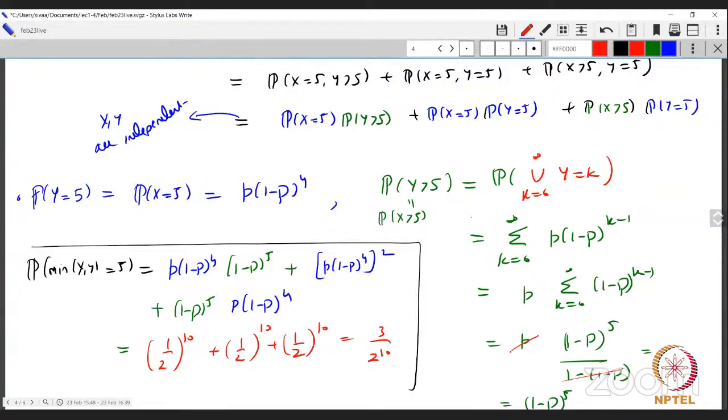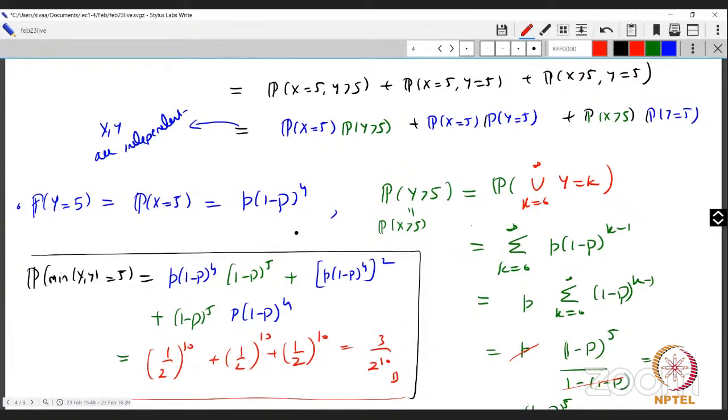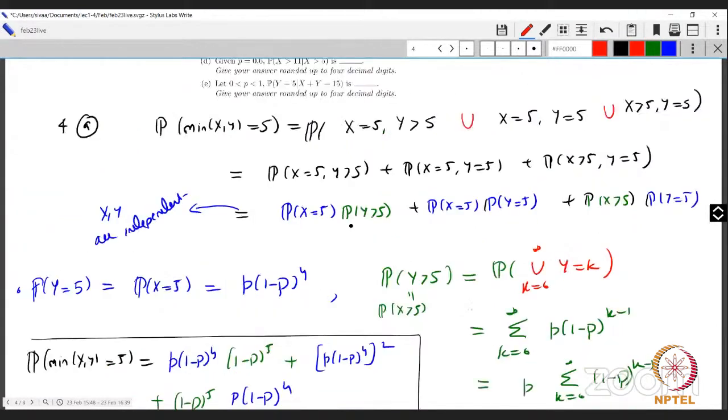Very good. Okay, that's the answer. Very nice. Very good. So kind of a little hard question, but all you have to do is understand how to split the events, and once you split the events,